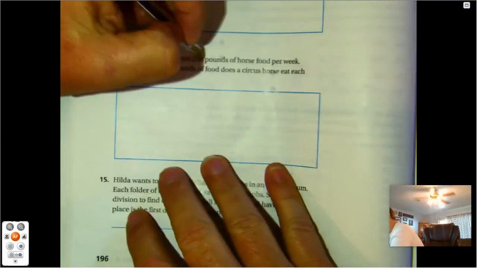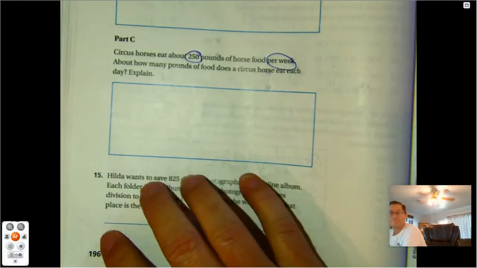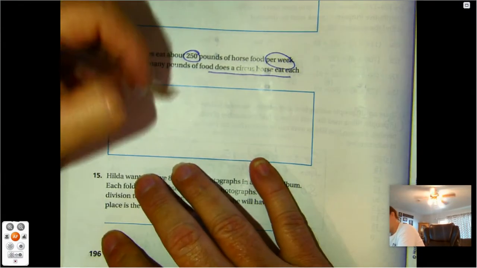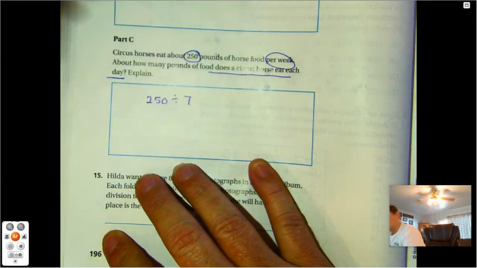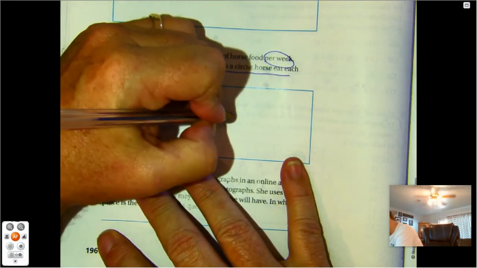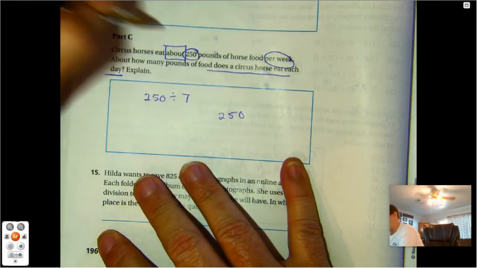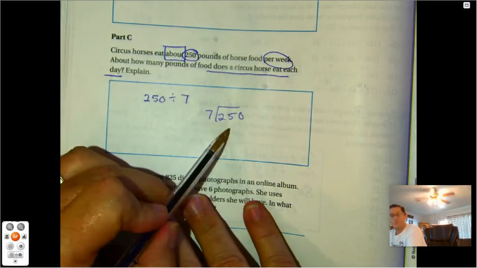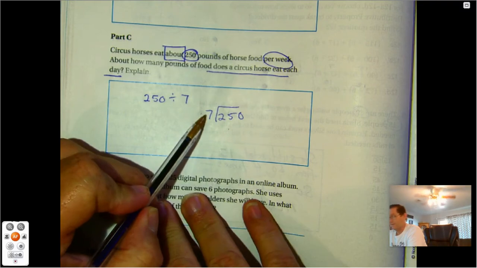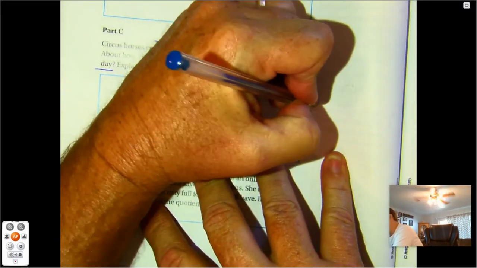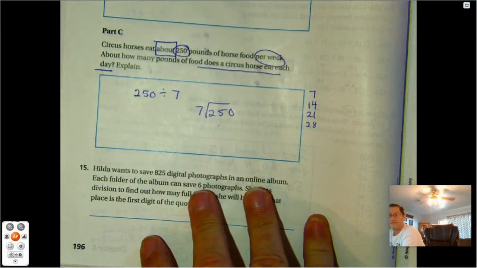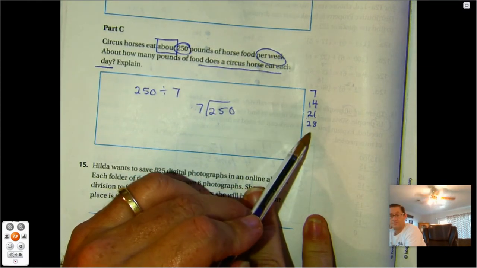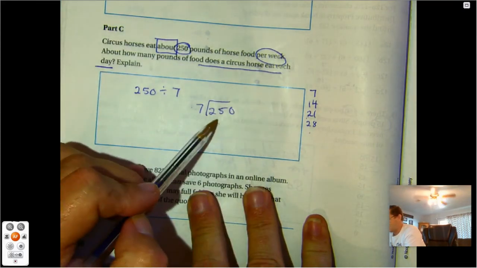250 pounds per week. How much food does a horse eat each day? So that's simple enough. 250 divided by 7 is our division problem. And then we had a key word here, about. Okay, so we're not going to do 250 divided by 7 because 25 is not a multiple of 7. So we can make a list of multiples of 7 if we're not certain. And all we do is count by 7s, right? 7, 14, 21, 28. Well, so I know the number has to be between 210 and 280 for the dividend. So 25 is closest to 28. So I'm going to use